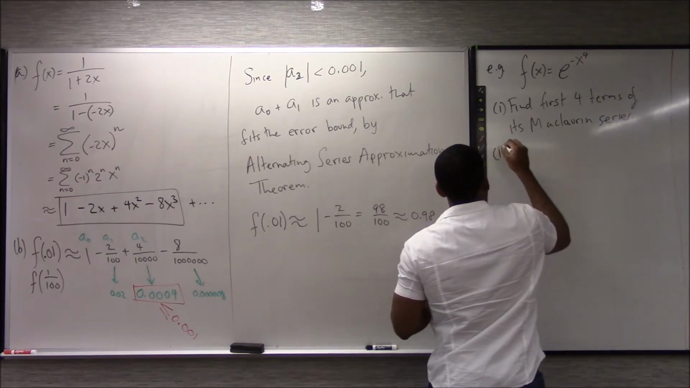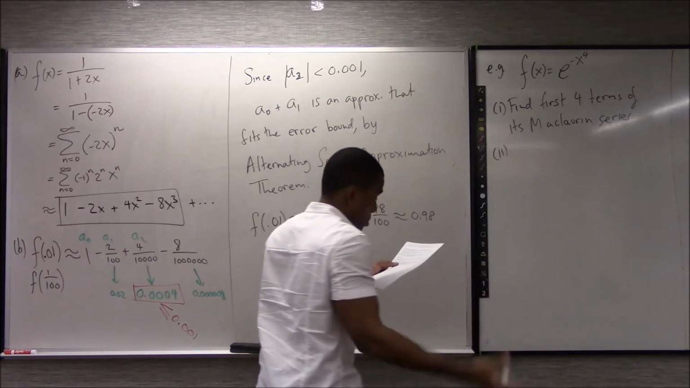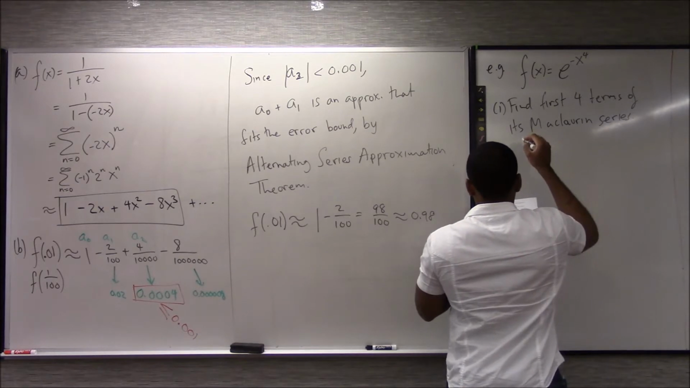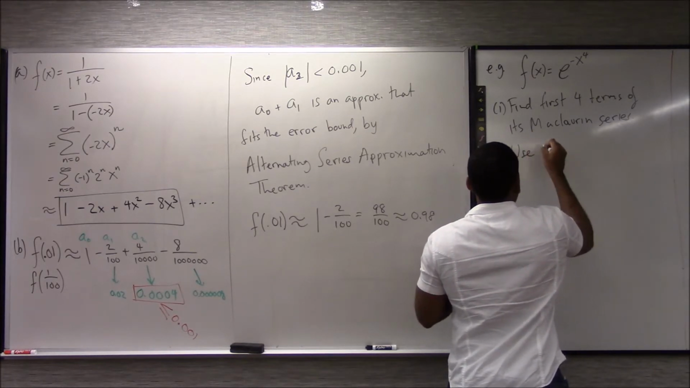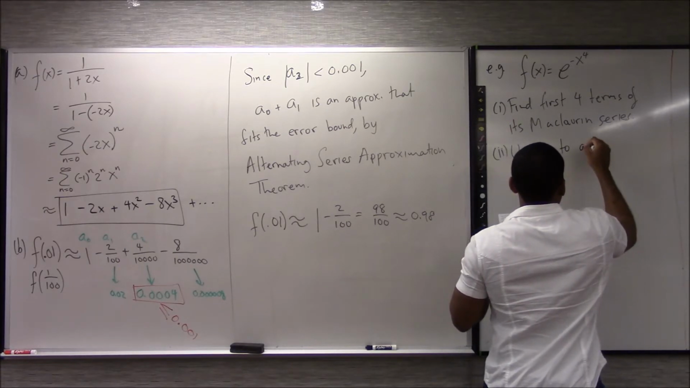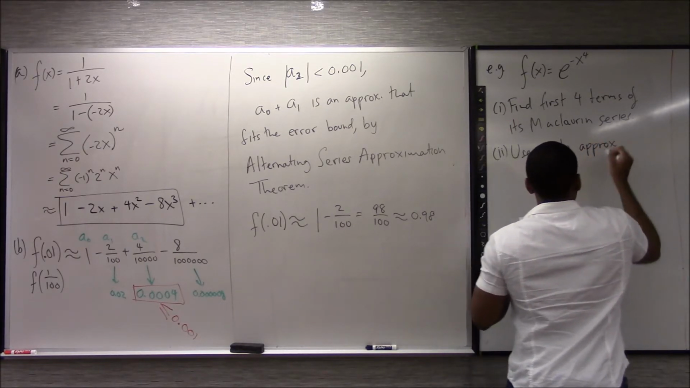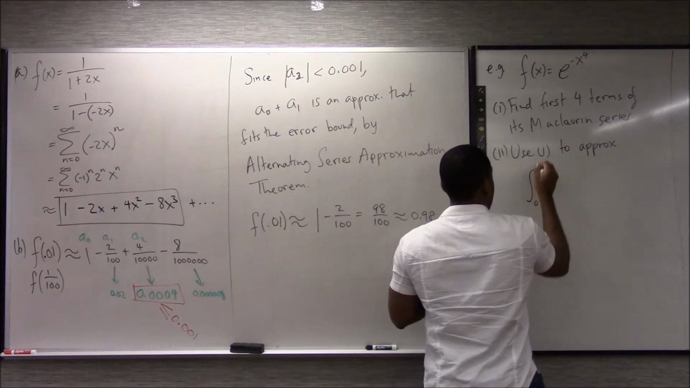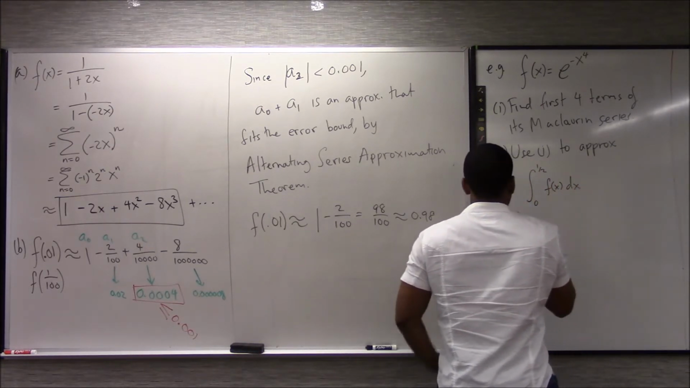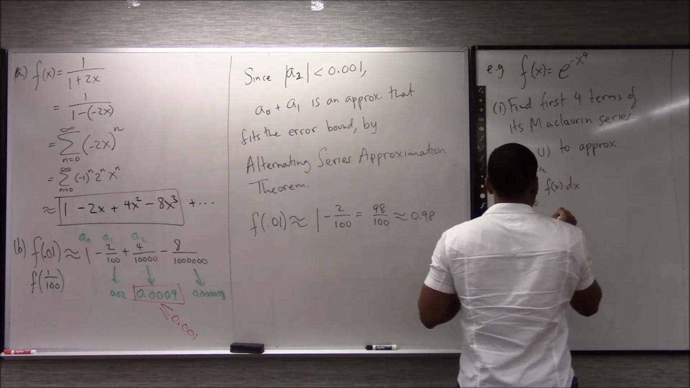And that's just a Taylor series centered at 0, or the power series centered at 0. And two, use 1 to approximate this guy, the integral from 0 to 1/2 of f of x dx, with an error